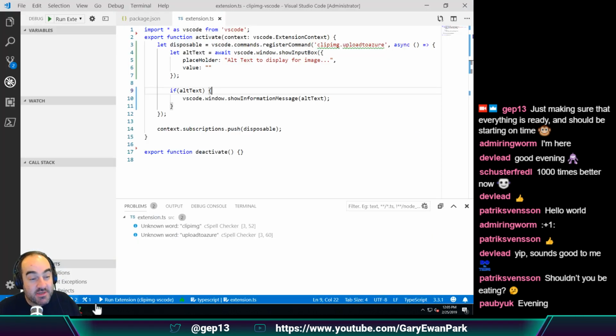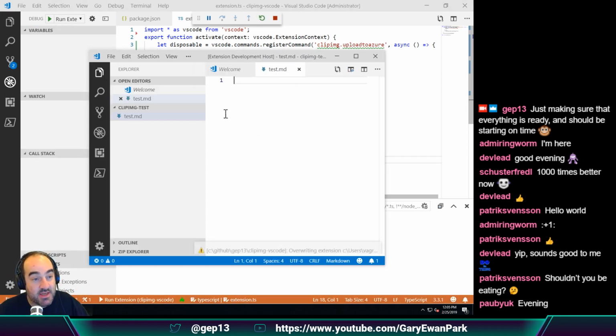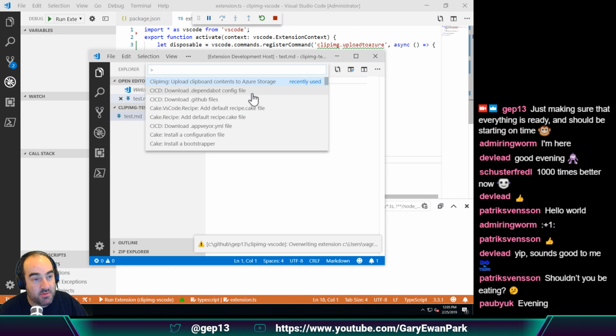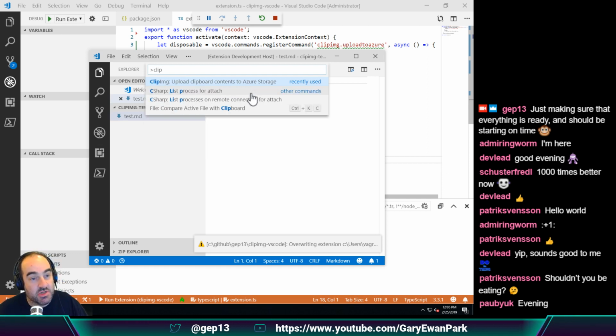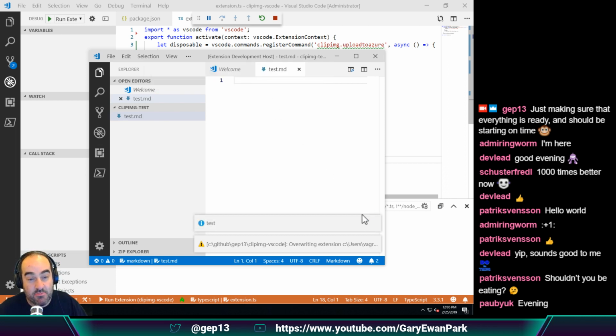So, on to the more important stuff. Where we got to last week was we took the output from the Visual Studio Code Yeoman generator, and we had a working Visual Studio Code extension, so we can run this. This code is exactly where we left it last week. So we can run this, and now if we type clip img, we should have a command that doesn't actually do anything. We can put it in here, but it just outputs it to the screen. And where we left it, because we ran out of time, was to